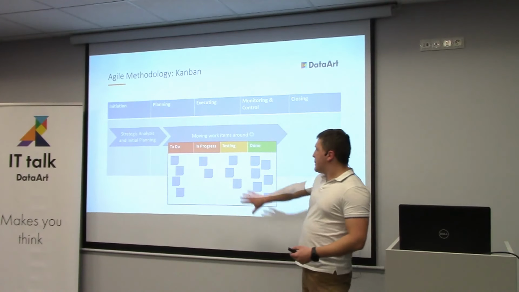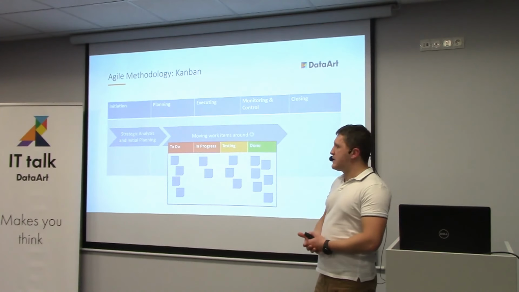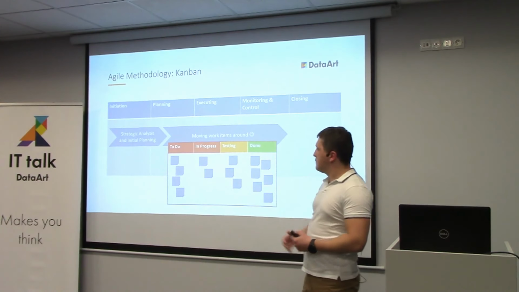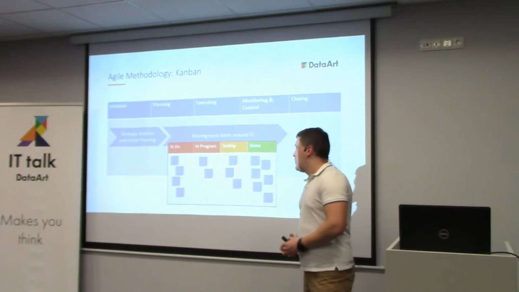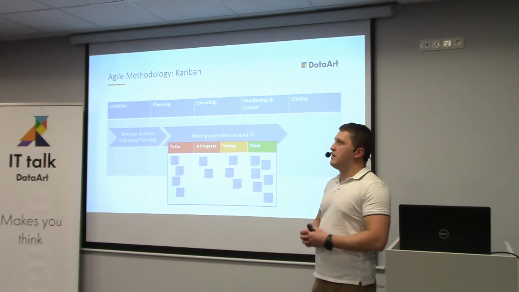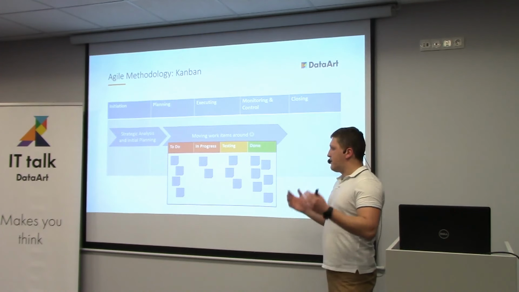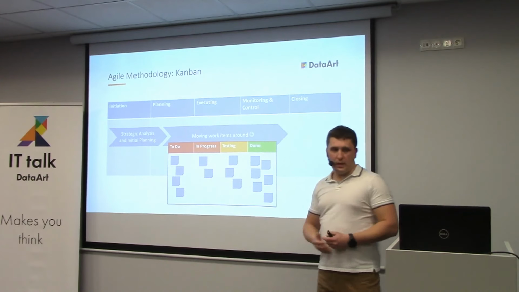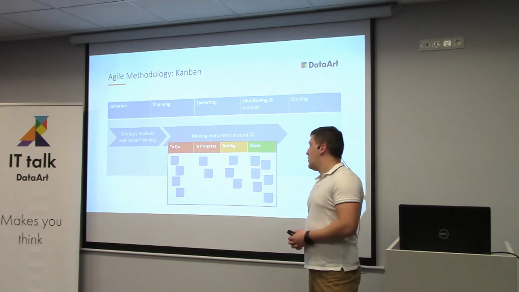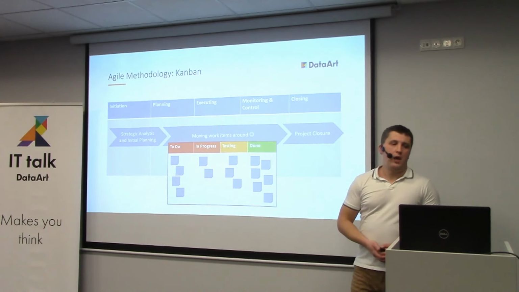So this way, by limiting, in most cases it's called limiting work in progress, but you get the idea. It's limiting items so that we can handle them, so that we don't work on several items at a time that we can't handle. We just stay focused. We eliminate items that we're not working on right now, and this way we become more productive. That's how Kanban works. And once again, project closure, when everything's done.